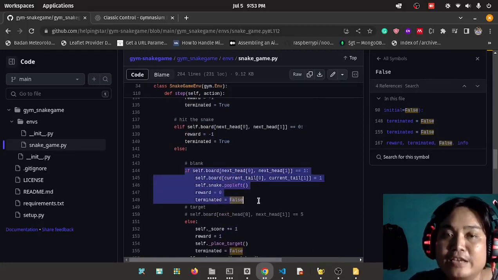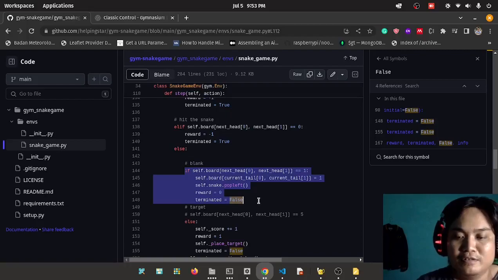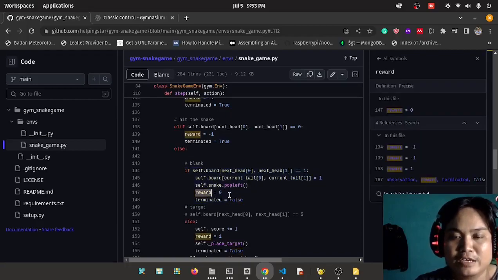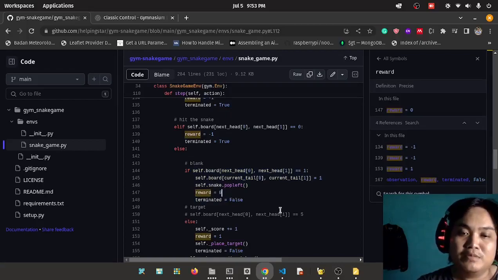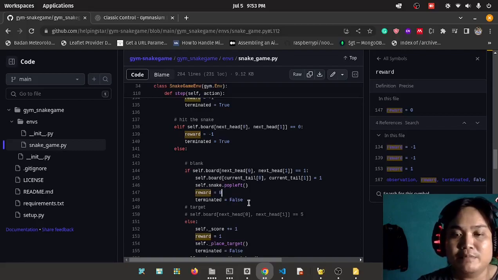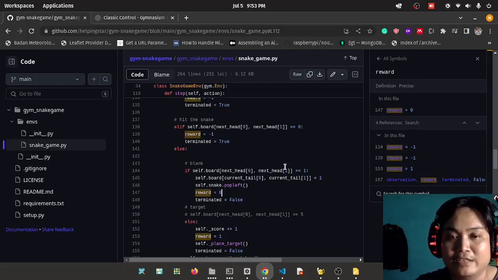When the snake hits nothing, it just plainly moves, and there's no reward or punishment. I think if the environment or the grid is big, this will be a problem. I think this will make the model hard to converge. That's why I will show you the modification that I did